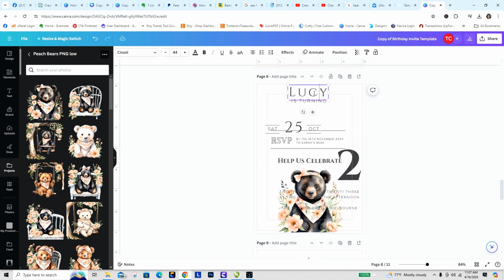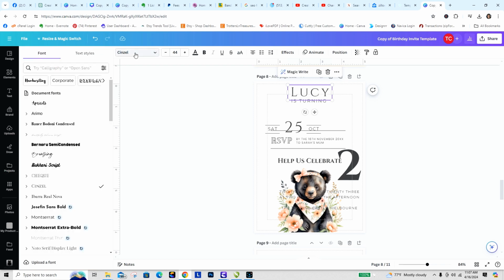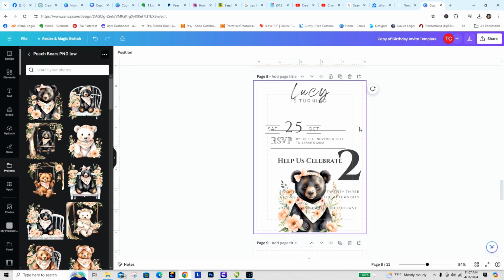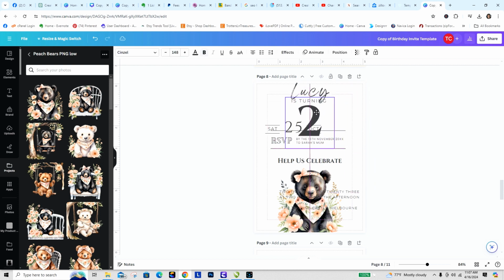Now what we're going to do is play with our fonts just to make it a little bit easier. Whoops. Okay, so we're going to highlight, and then we're going to go over here and play with this. So Lucy is turning 2. And then we're going to move